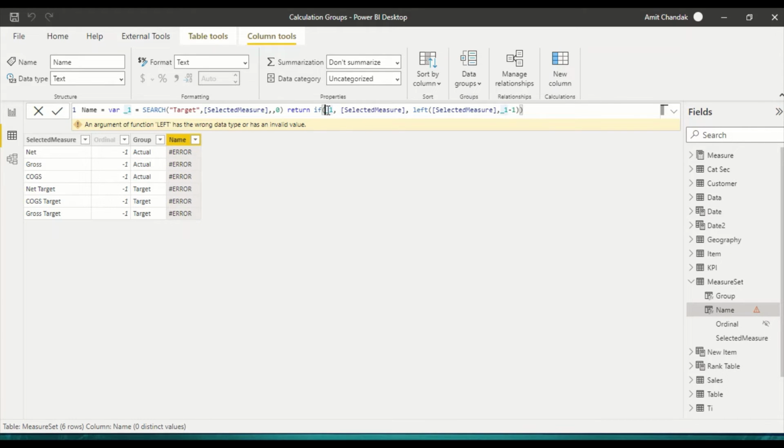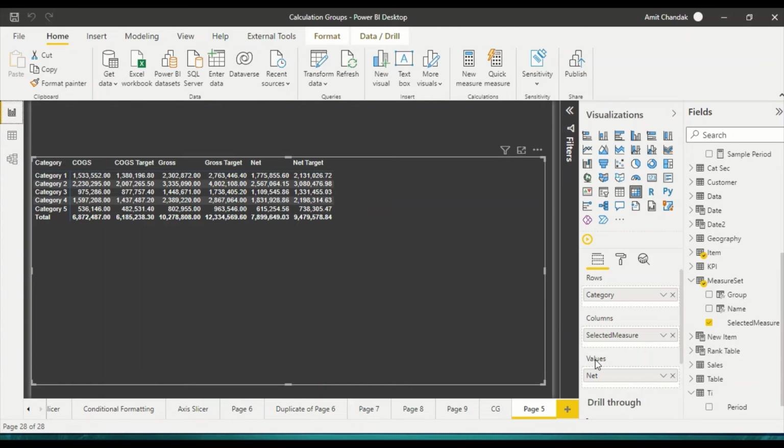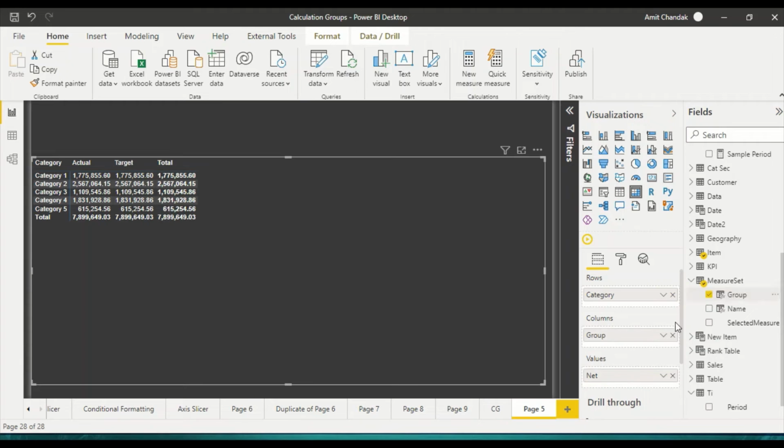Okay, so I get net, gross, cogs and all those, and I just need to make sure that white space does not come, so we'll go ahead and check that out. Once we do this, it should tell us. So now in this table I got group and I got name, and I expand it,